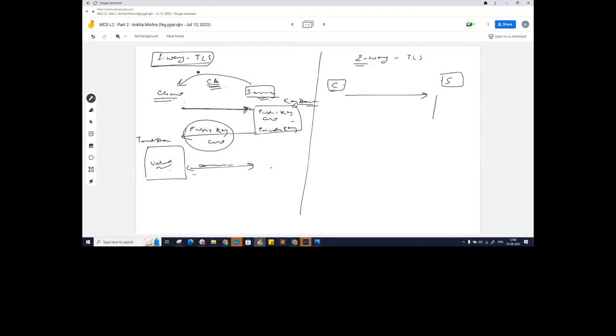Now the server again will have to show his ID. There is a little bit of background noise. Yeah, okay, no, it's fine. Just give me one second.